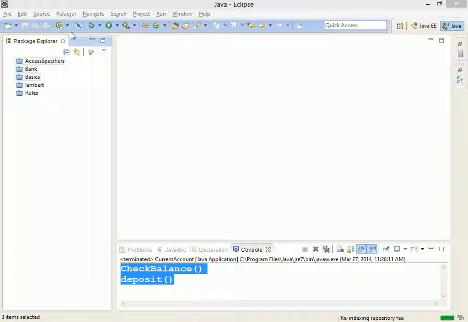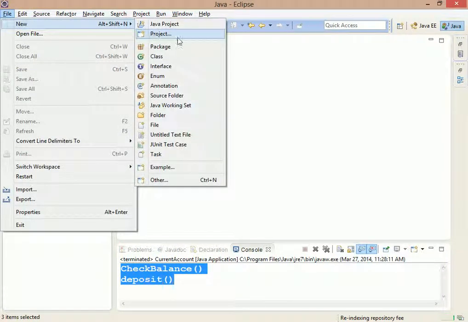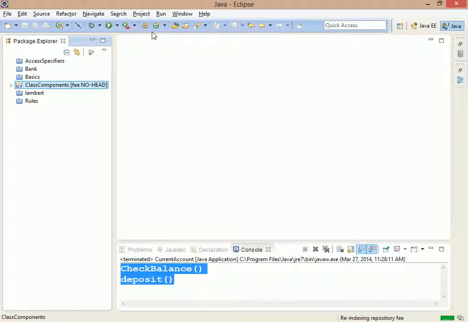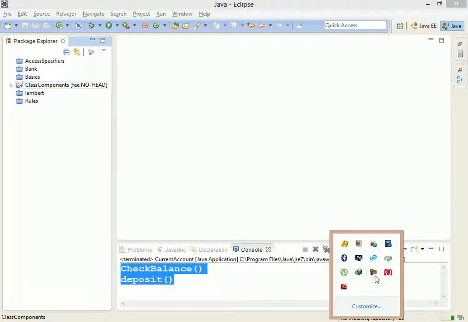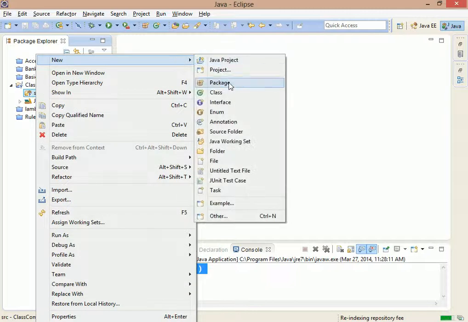What is a class made of? So, class composition, or class component. A class